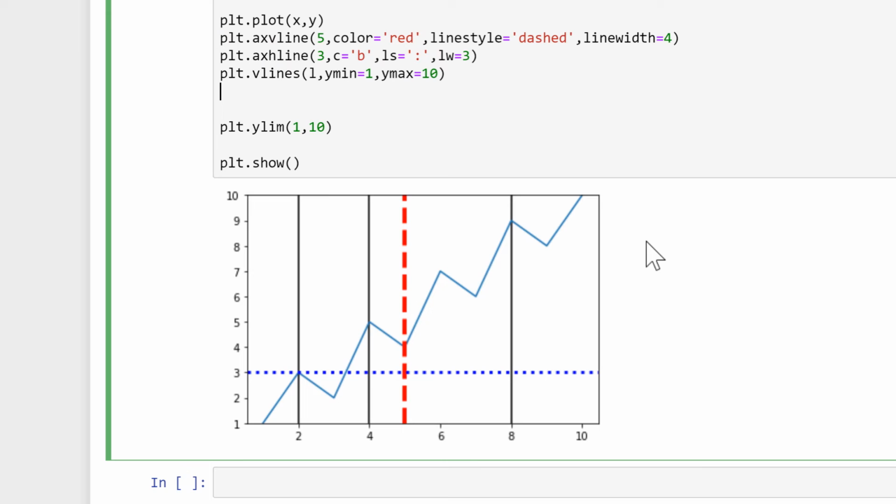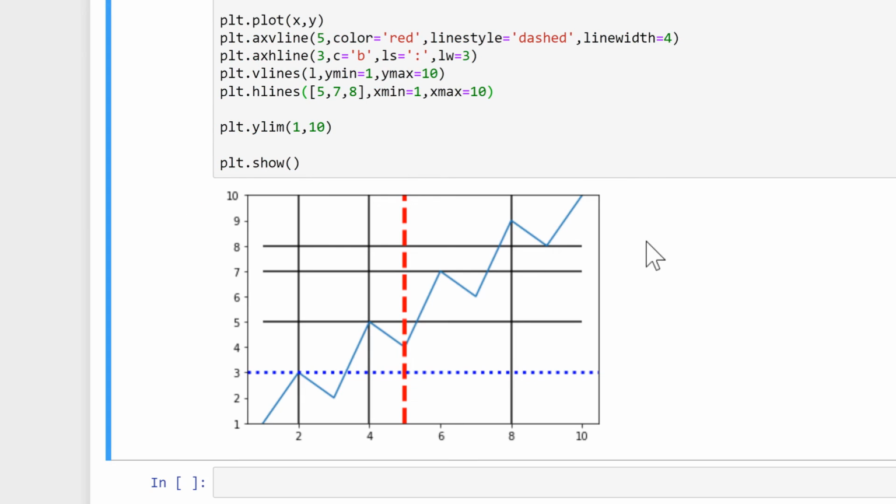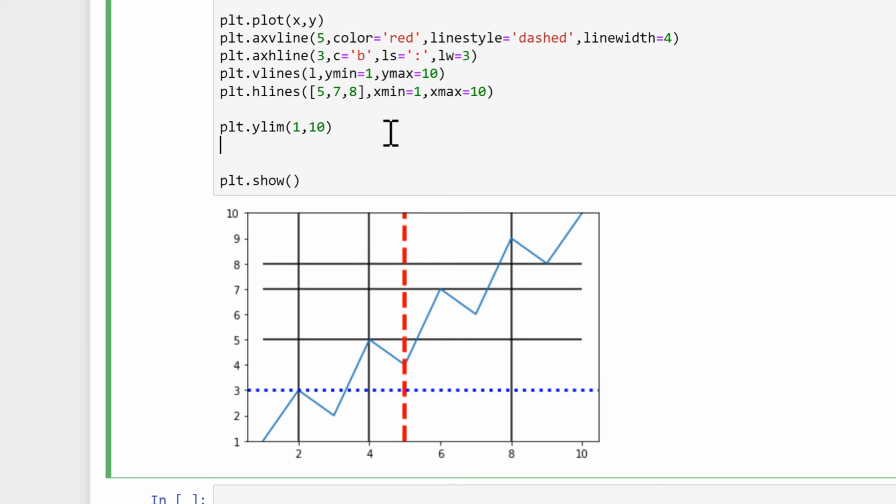Now in order to make horizontal lines, I'll do plt.hlines. And this time I will just put some numbers inside this. And this time we need an x minimum and an x maximum. And again, we will do plt.xlimits and we will put in a minimum of 1 and a maximum of 10 in order to get rid